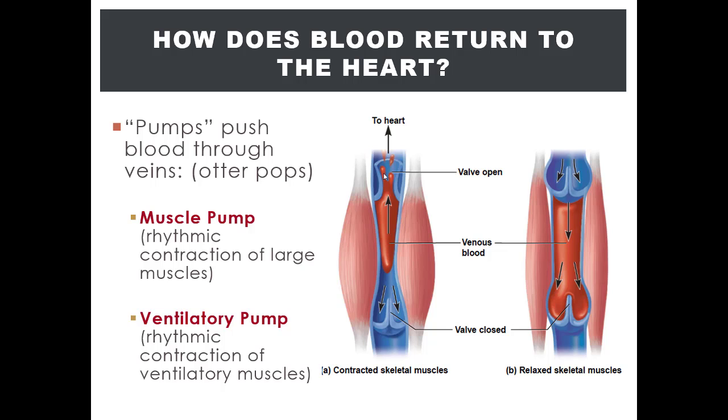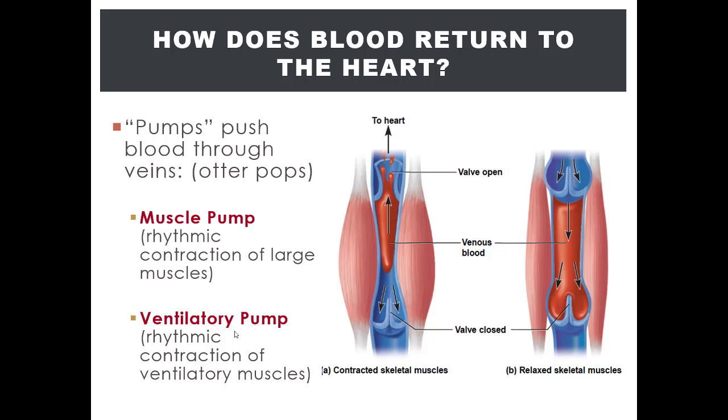So as the muscle contracts, it can squeeze the veins, creating high pressure, just like squeezing the toothpaste tube. This will force blood to flow through the one-way valve and into the next compartment up. We know that the blood will not flow backwards into the preceding compartment because these are, again, one-way valves to prevent backflow. The other pumping mechanism is the ventilatory pump, which is always active because we are constantly breathing.